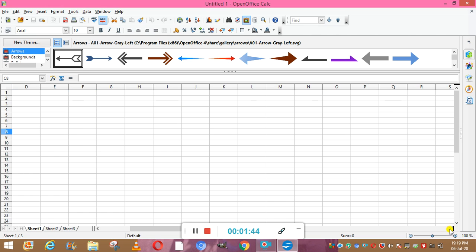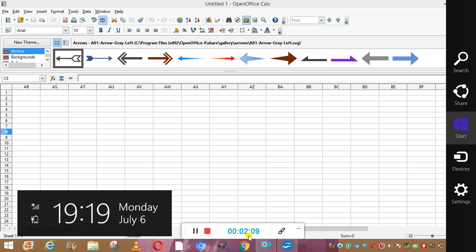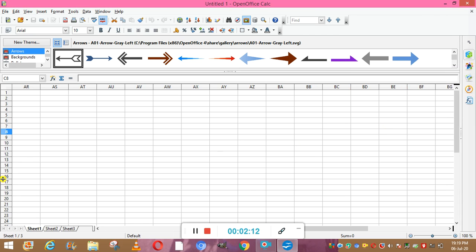You can scroll, you can see after Z you will see double A like this. Now you can see after AZ it starts with BA. Okay, now it is starting with BA, then BC, BD. Like this we are having 1024 columns, and rows we have, I told you, 65,536 rows.